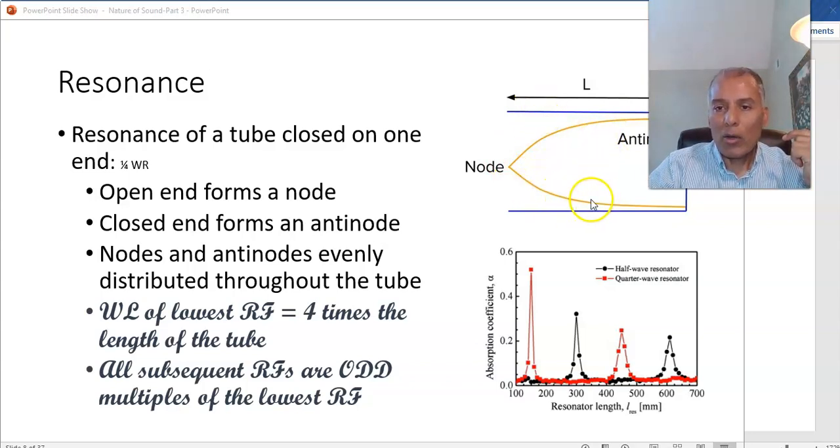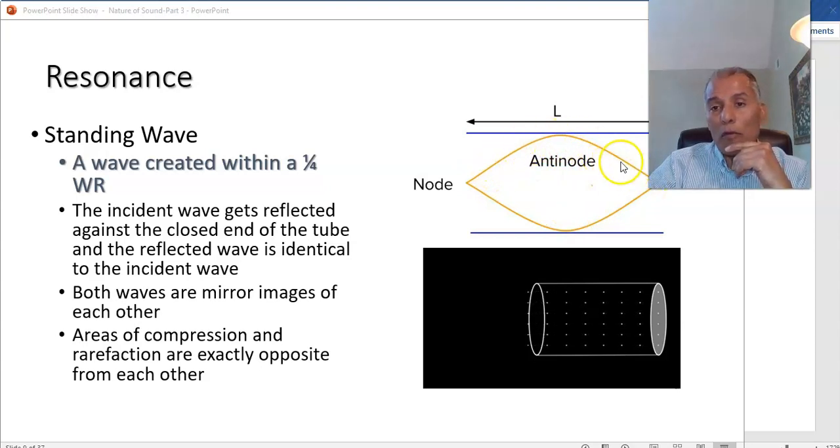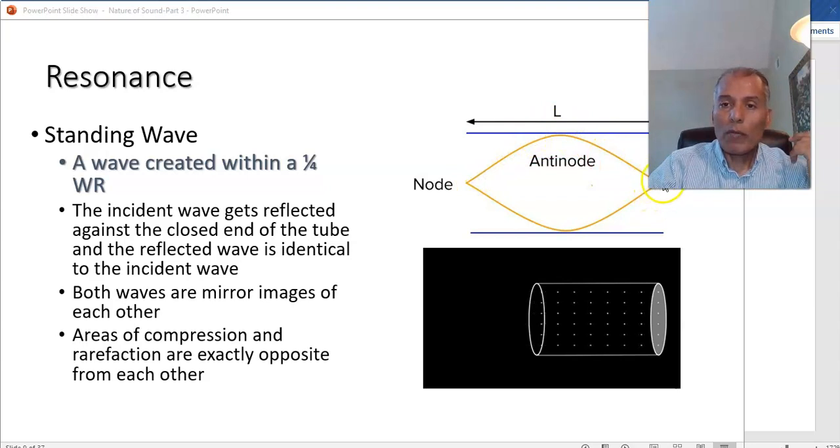And then you have now the compression of this wave lined up against the rarefaction of this wave. So that gives us a standing wave. The same can happen in a closed end, in an open end. So the standing wave is where you have perfect alignment of the compression of one wave, and the reflected wave